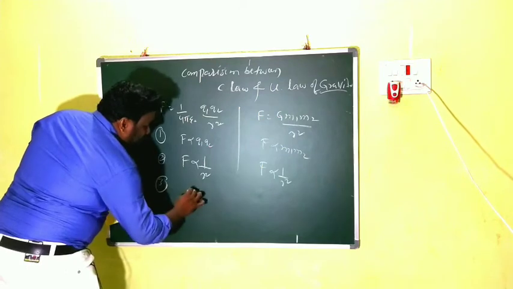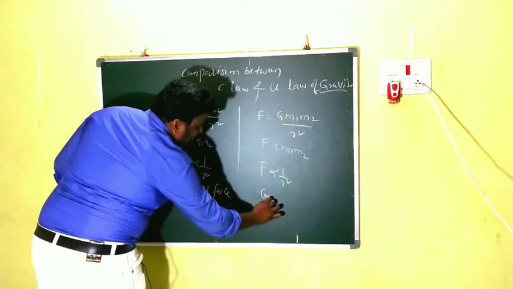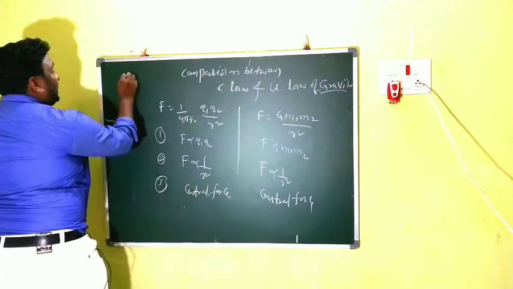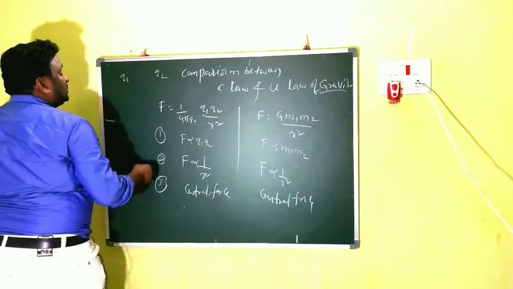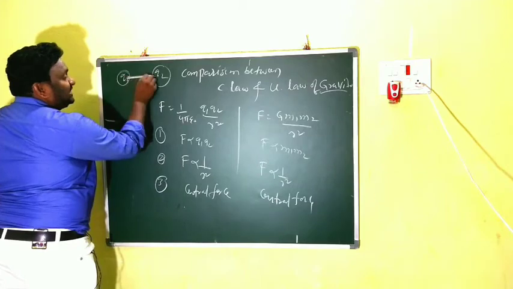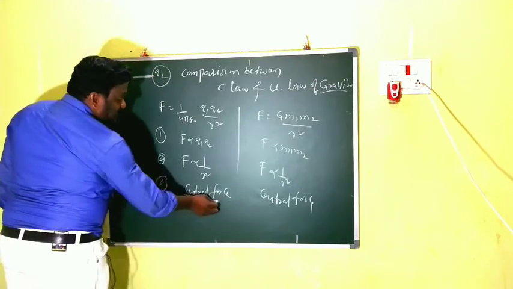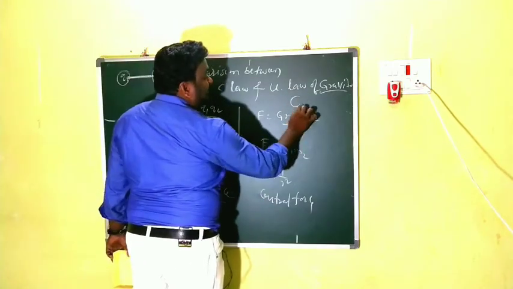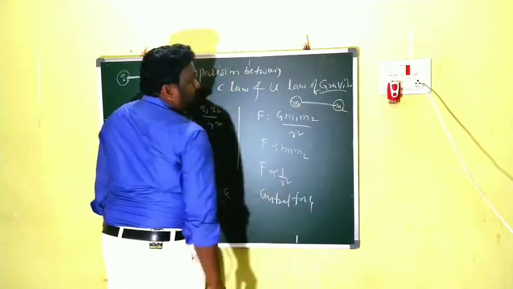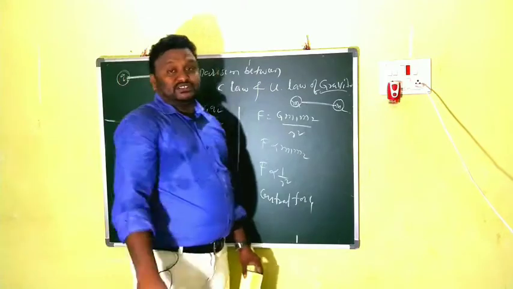And now this is also a common point. They are central forces. And this is also a central force. That means what? It is Q1 and it is Q2. The force acting between these two acts along the line joining these two charges. That's why it is a central force. And this is the same thing here. This is M1 and this is M2. If you take the line joining these two, then also it is a central force. So these three are the common points.